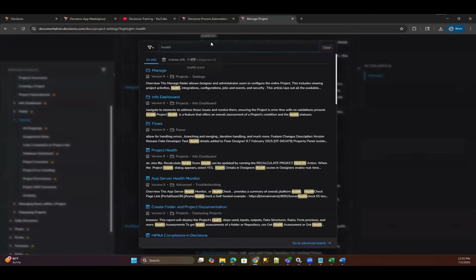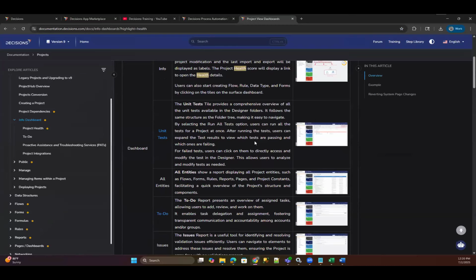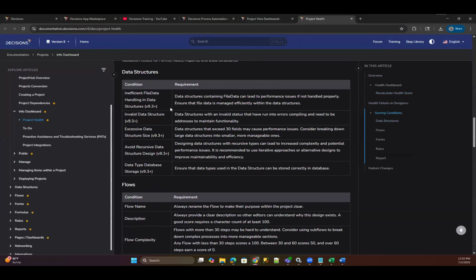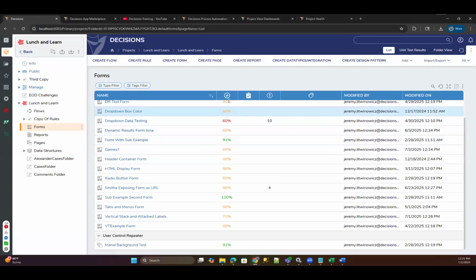Where's our health score? There we go. We have a lot of things that we use to calculate health score to give you graded grades on these, like these are all my health scores, if you're trying to track data.